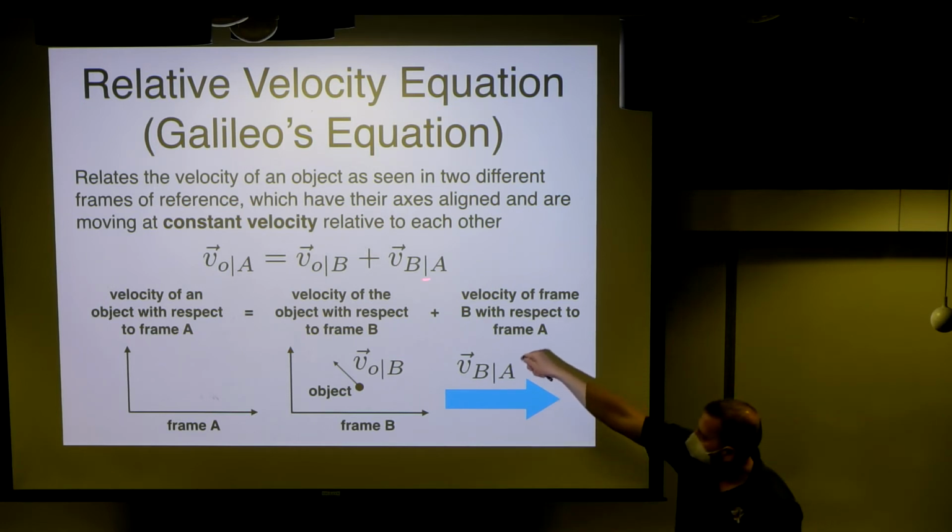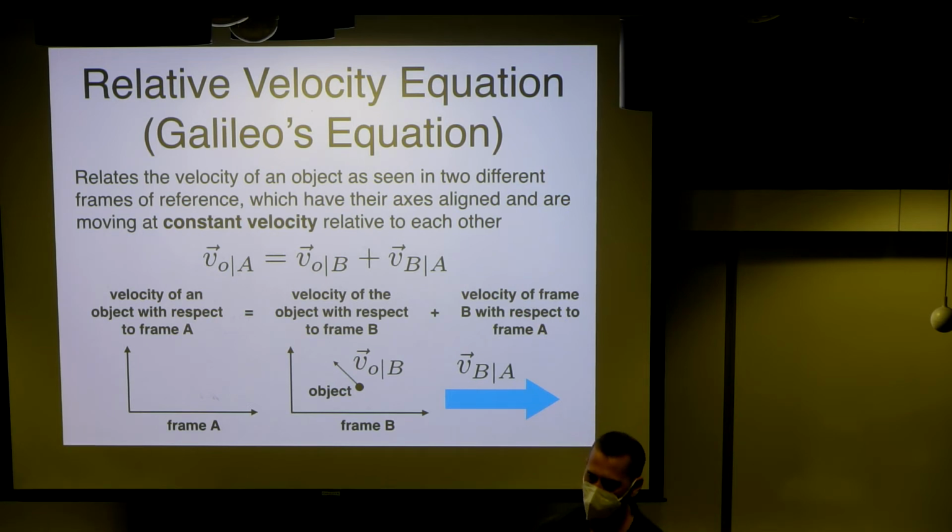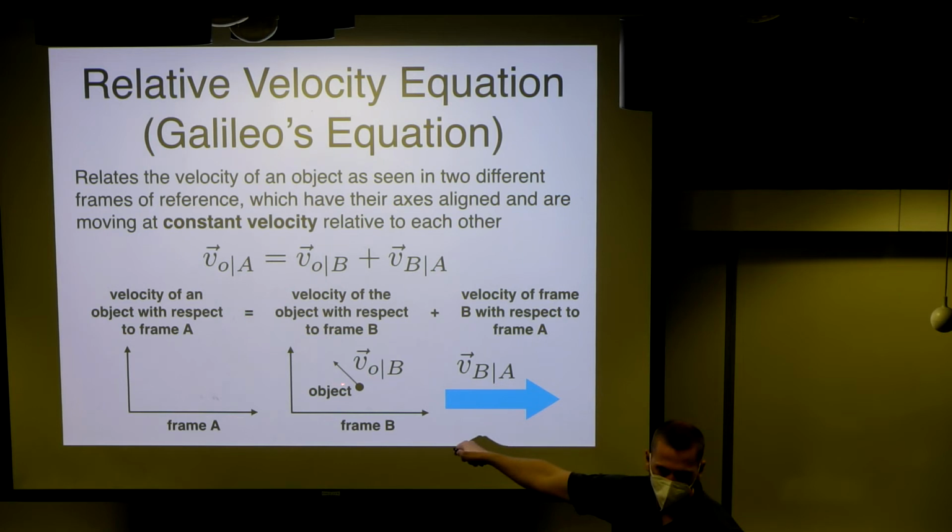That's what this third term is allowing for, okay? So here's the picture you should have in your mind. We have frame of reference A, we have frame of reference B. These are just two different sets of coordinates that we use to measure motion. And then we have some object moving around. And again, the exact velocity that we would attribute to this object depends on which frame we're going to use